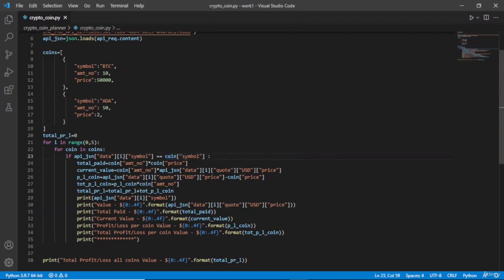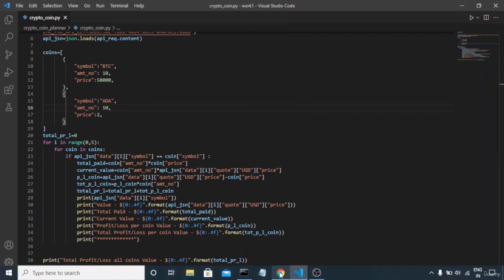Now this coins is a variable as a list. So when our coin, that is the other variable which is running for the for loop, it will just go inside the different list. For example, it will go to the list's first element, then it will go to the list's second element. So when we are inside our list's first element, we need to use symbol to get the symbol for the BTC or for the ADA, any coin you want. So we have done it. Now we get back to the terminal,